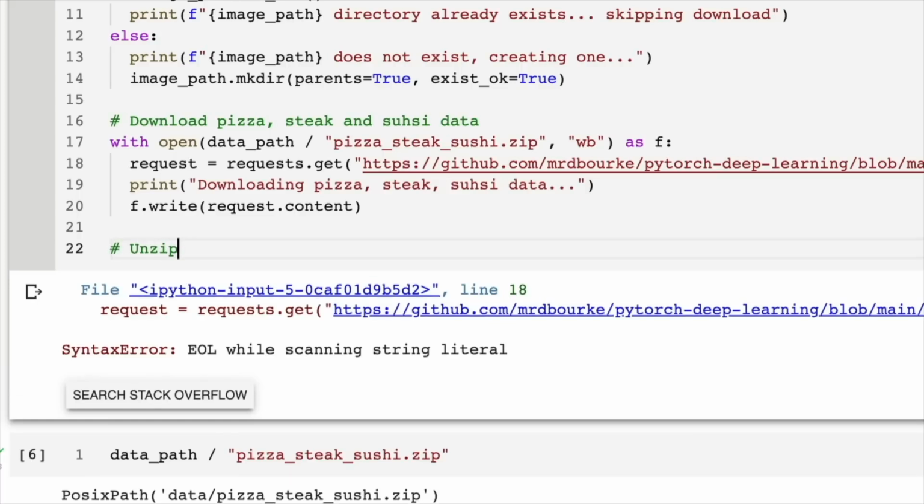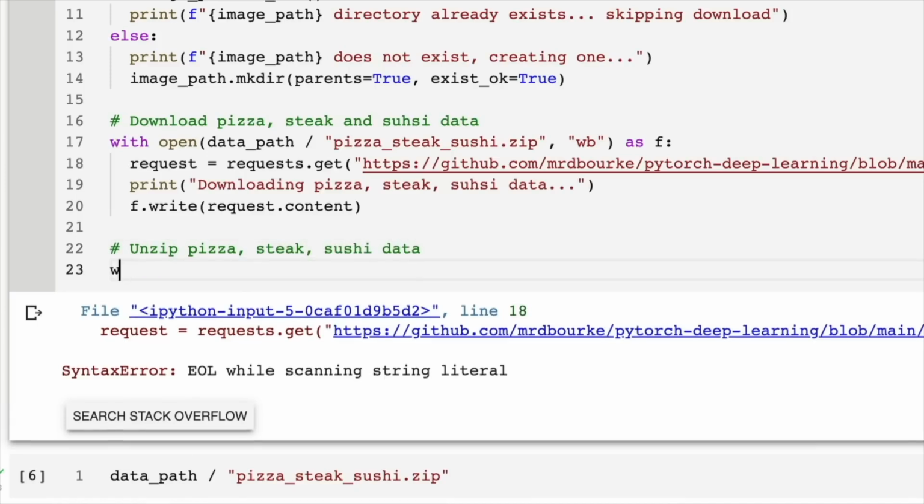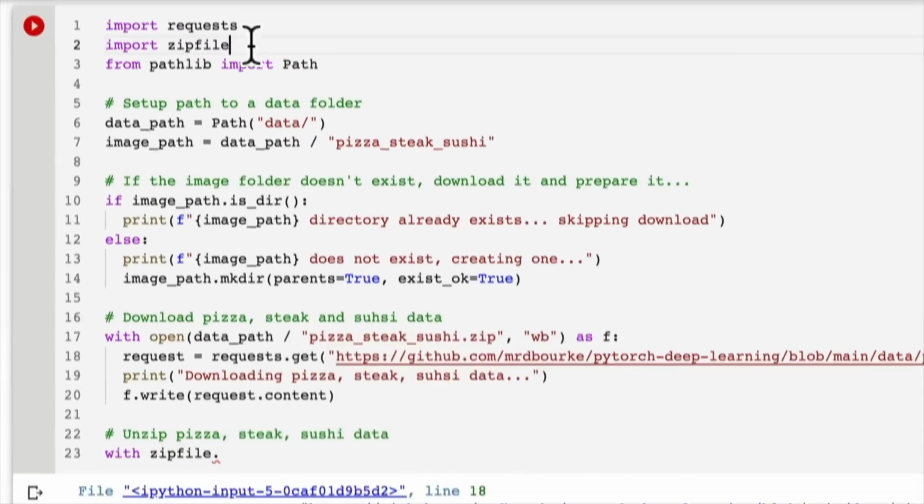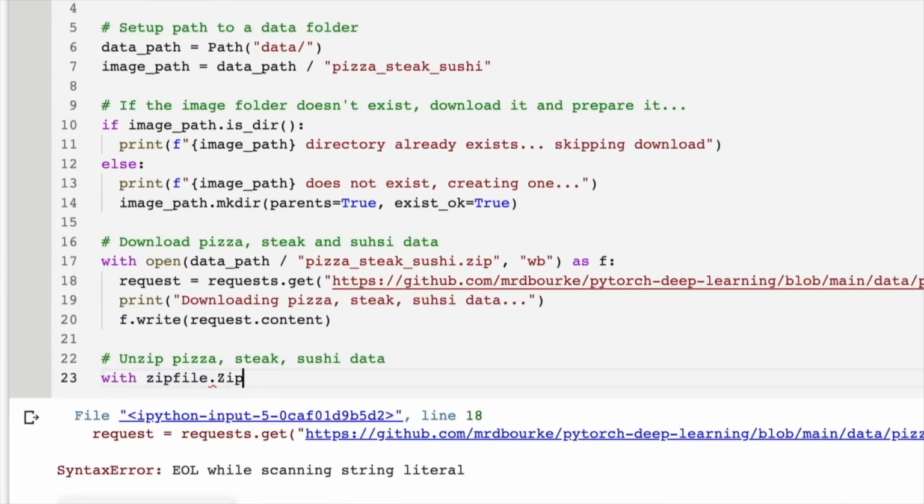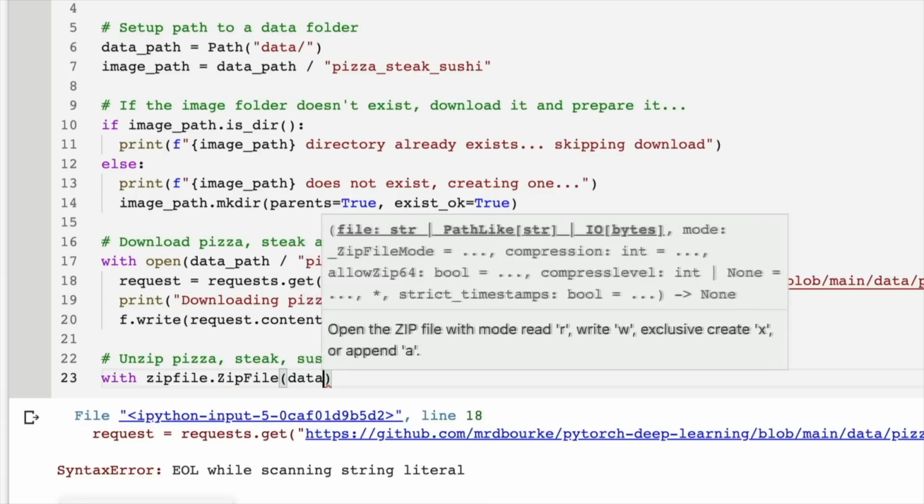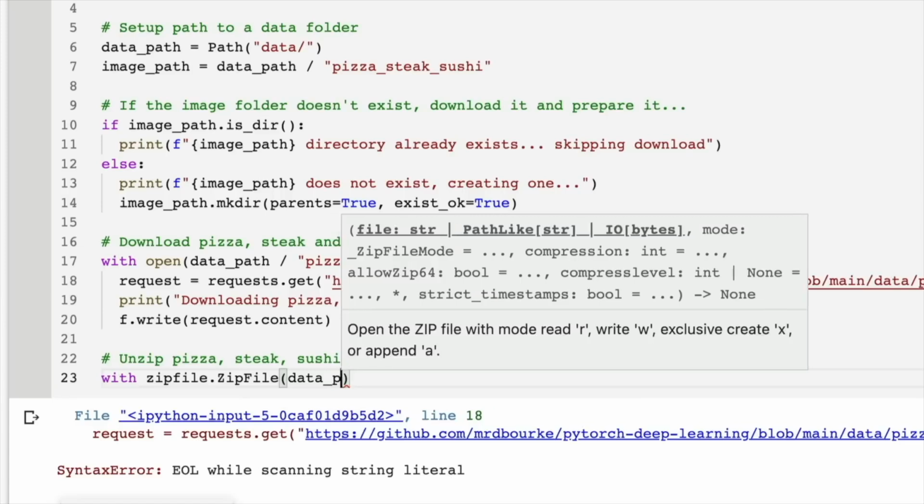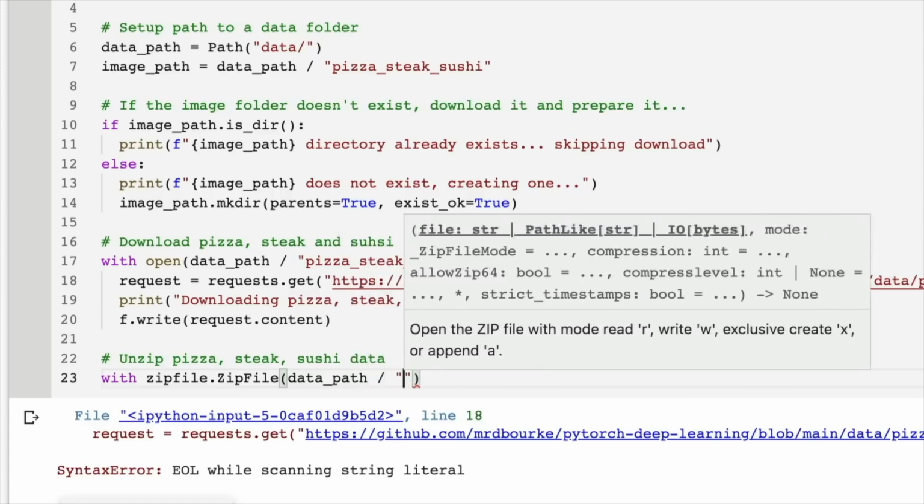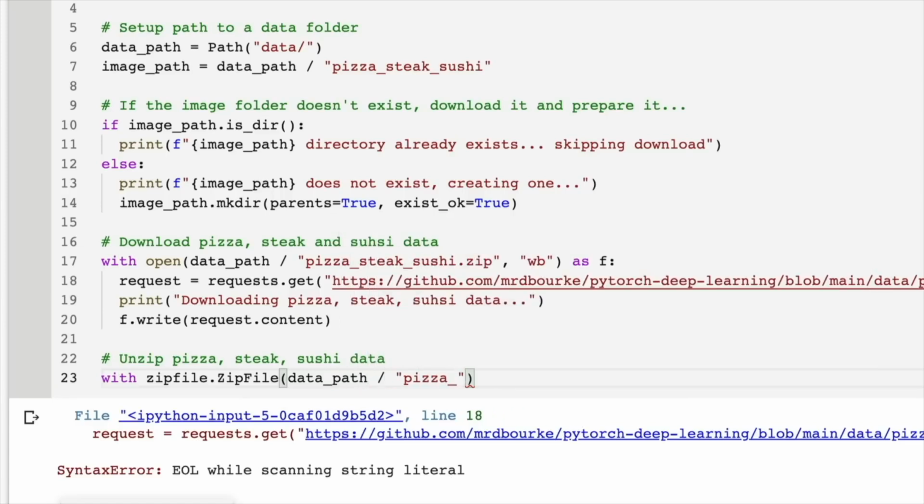And then because it's a zip file, I want to unzip it. So unzip pizza steak sushi data. Let's go with zipfile. So we imported zipfile up there, which is a Python library to help us deal with zip files. I'm going to use zipfile.ZipFile. I'm going to pass it in the data path. So just the path that we did below. Data path / pizza_steak_sushi